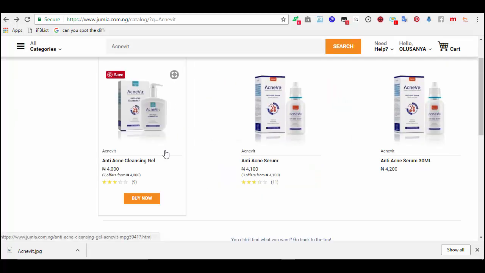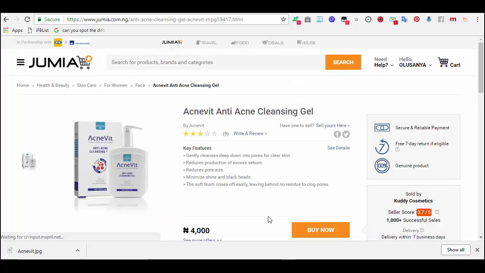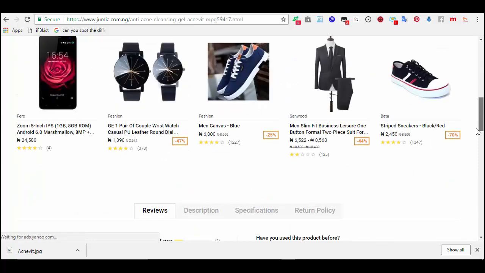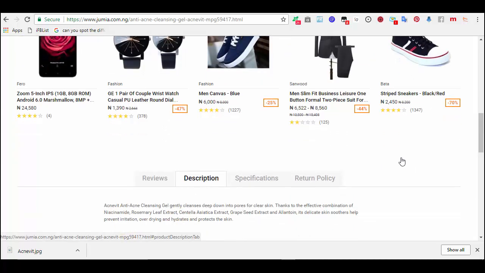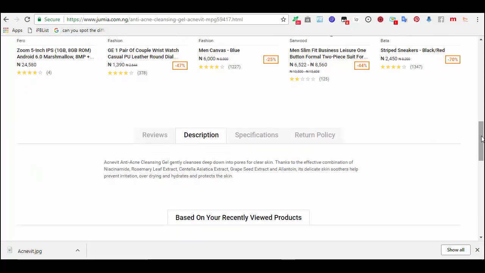Now what I will do is go over to the gel. I will copy the description. This is the description. I'll just go to the description below. Can you see this? Acnevit acne cleanser cleanses deep down. Acnevit anti-acne cleansing gel gently cleanses deep down into pores for clear skin. Thanks to the effective combination of this, its delicate skin-suited formula helps prevent irritation.